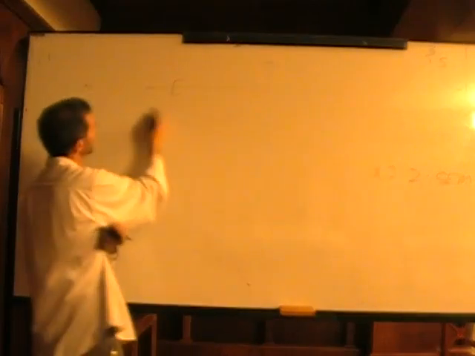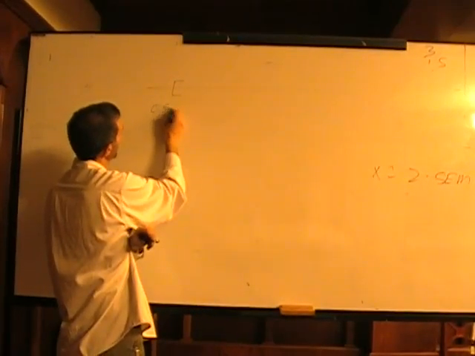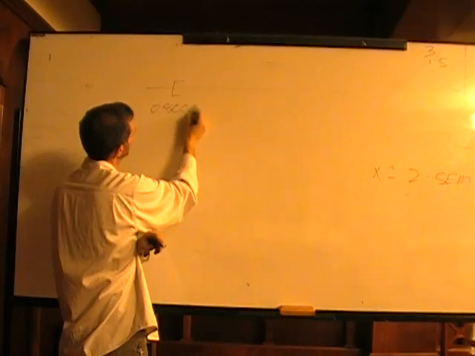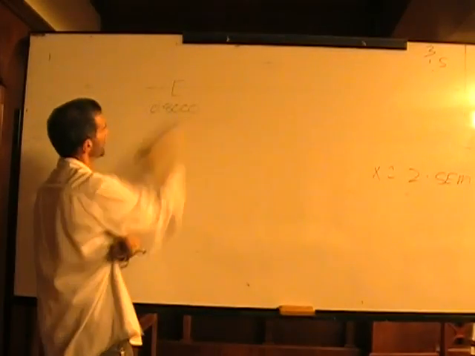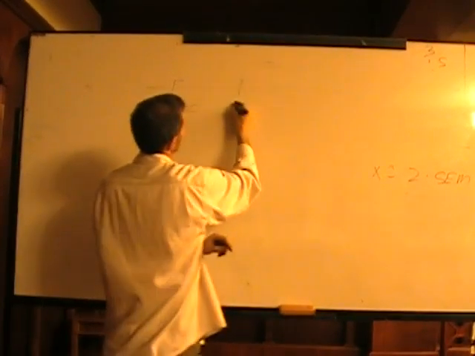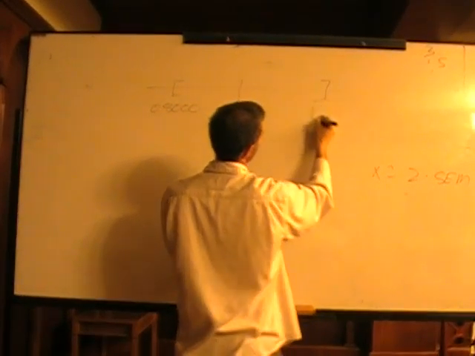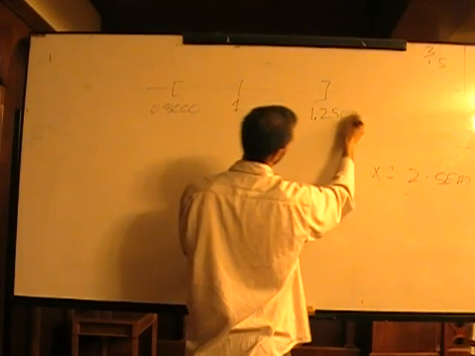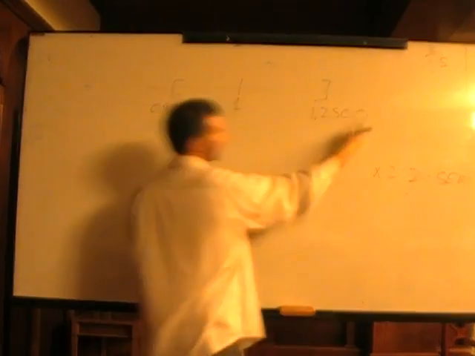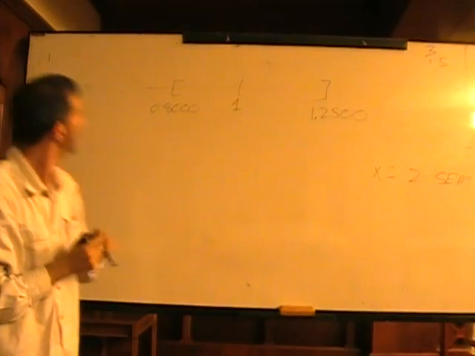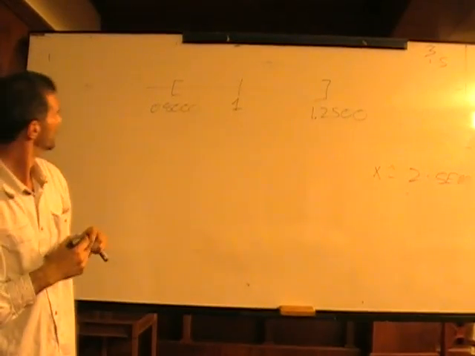document. It says 0.8000, 4 decimal places. Value 1 is here, and the value 1.2500, 4 decimal places. So a